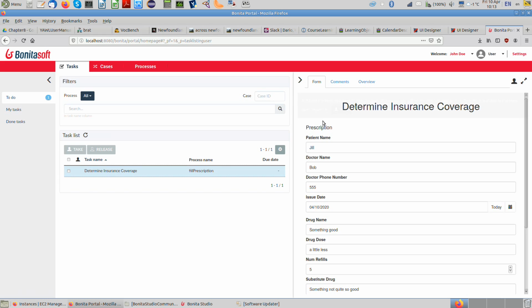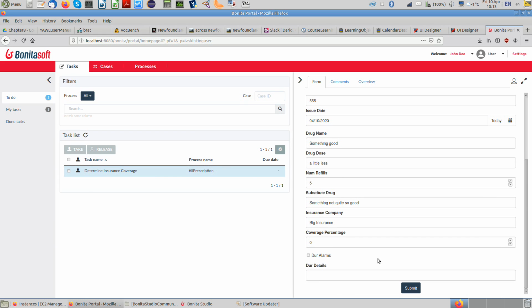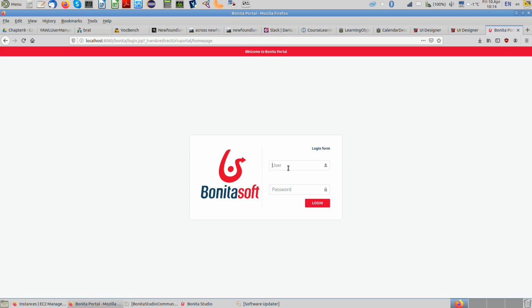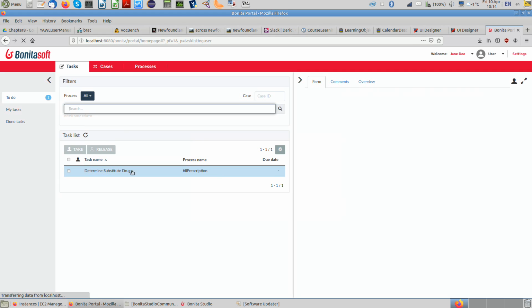John now needs to determine the insurance coverage. John goes in, looks at this and says coverage percentage. The insurance only covers 50% of it, half of it of something not quite so good. Submits this, and again, there's nothing for John to be done because the process goes over to Jane,